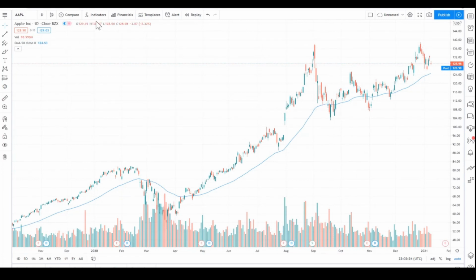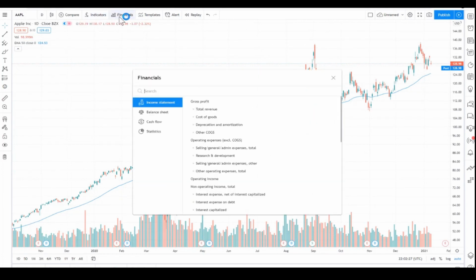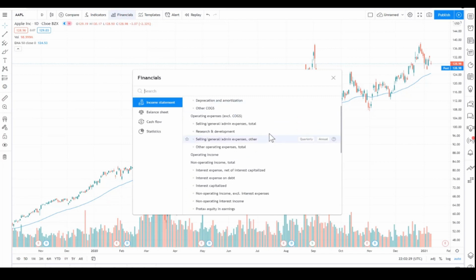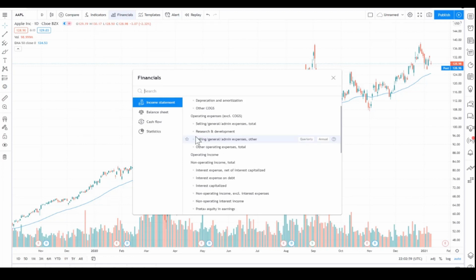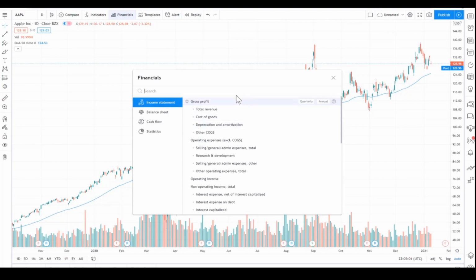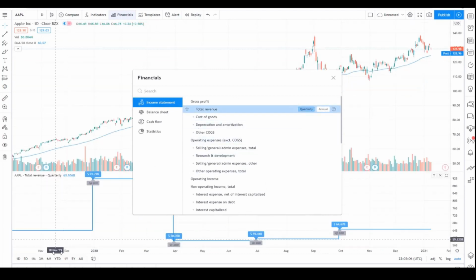Next is financial indicators. If you want to do fundamental analysis to analyze the economic and financial health of the company, you can use all these indicators. There are a lot of different options that you have here, like balance sheet, cash flow, income statement. So you can add all these indicators on the chart, and it can help you analyze the financial data and determine the fundamentals of the company. Not going to get deep into this, but if you want total revenue, you can just click on it and you will see that particular data element has been added to the chart. And to remove this data element, all you have to do is click on this cross.